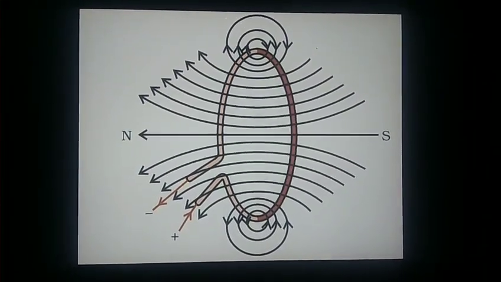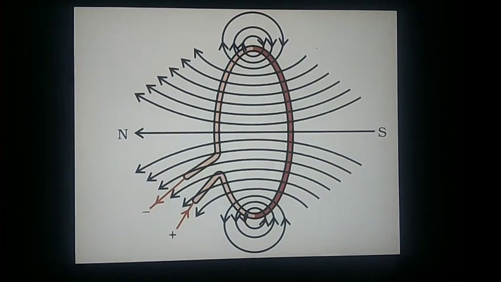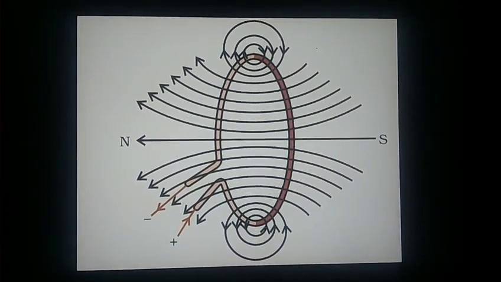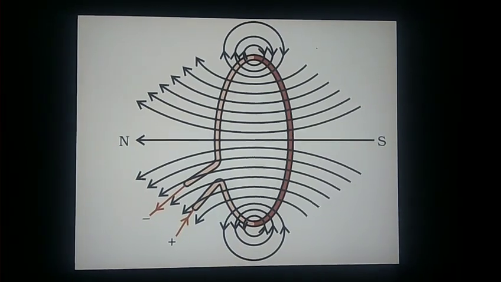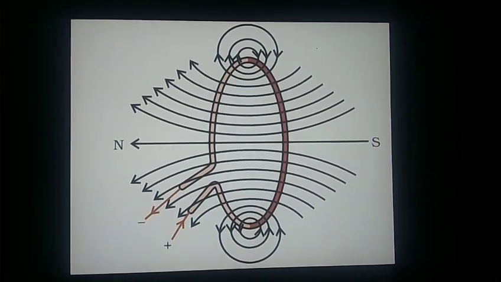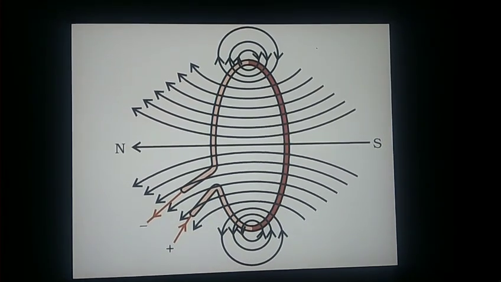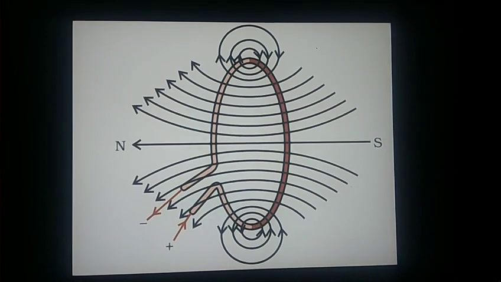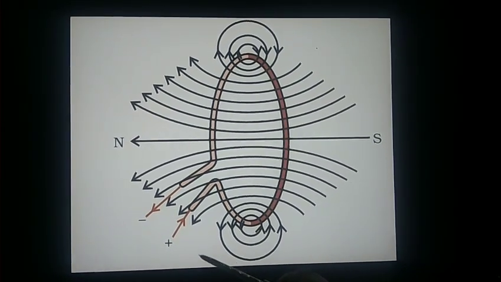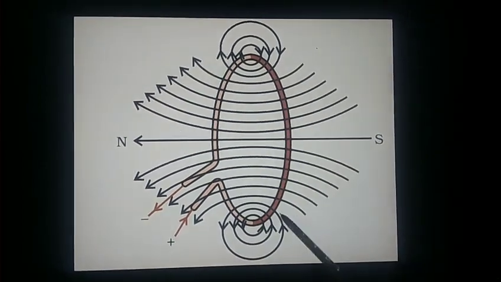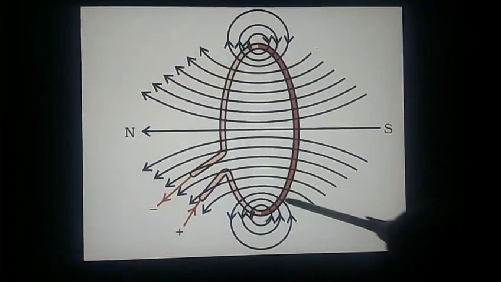Consider a circular loop of wire of radius R and center O lying in the plane of paper. The current I is produced from the positive terminal to the negative terminal, so the current flows in the anti-clockwise direction, going around like this. That's why the current is produced in the anti-clockwise direction.